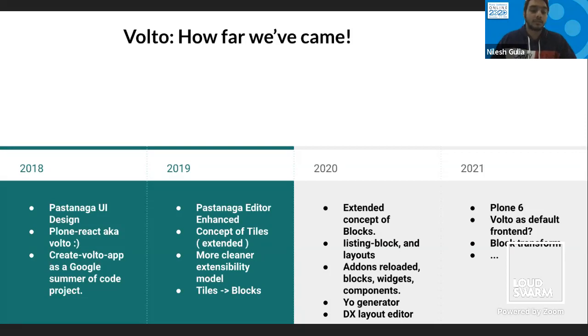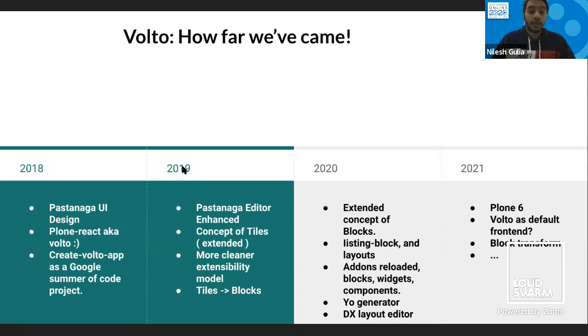I think it will be deprecated in favor of the Yo generator, which is the decision we have taken, because the Yo generator has a very good community, and they also prefer some very nice CLI options. So it's good to move to software with a very good community.